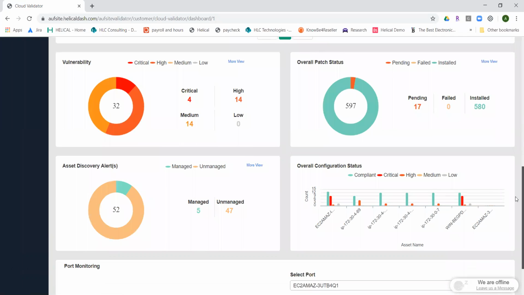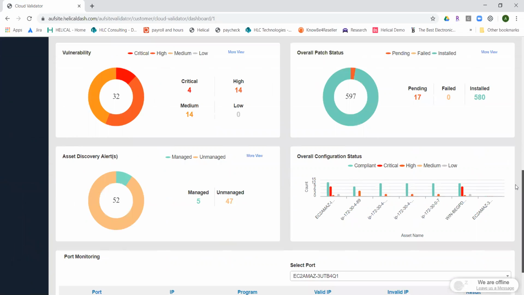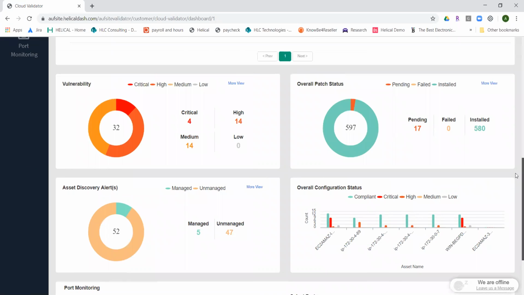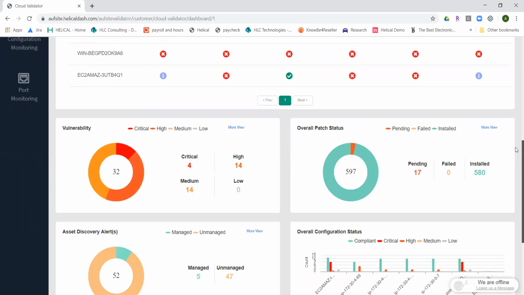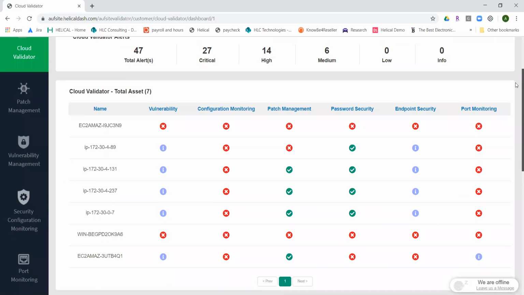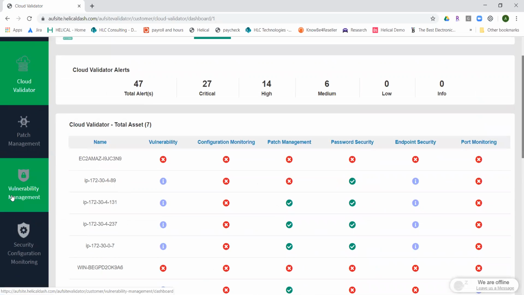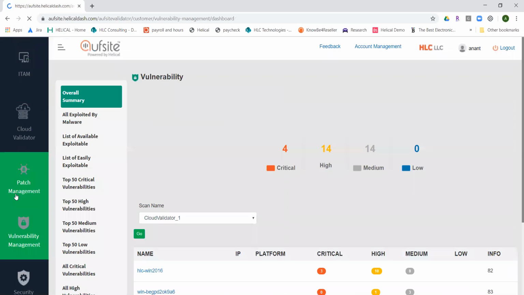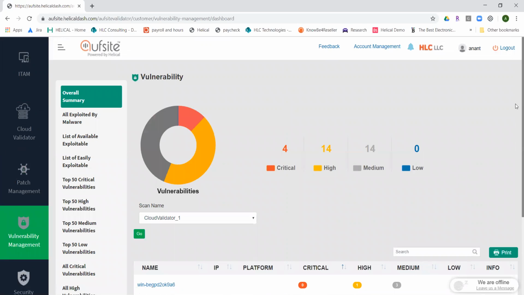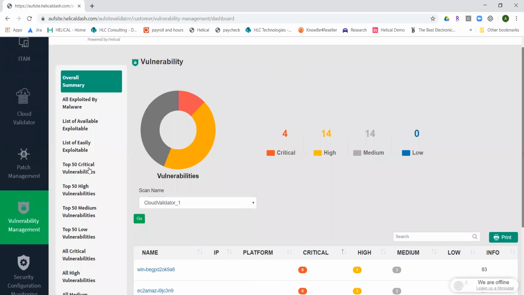So again, the dashboard actually kind of highlights a lot of that. We're saying, hey, these are the areas that you should focus on, because this is what we're seeing as vulnerabilities or patch management issues or whatever it may be. So this shows you a report of